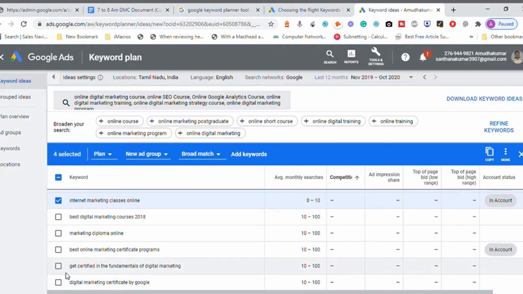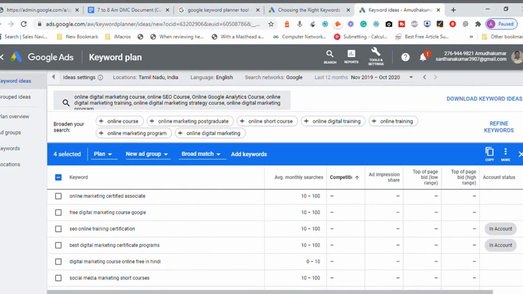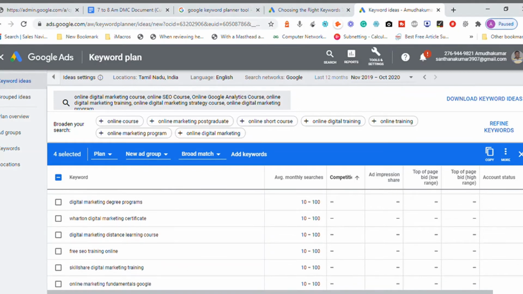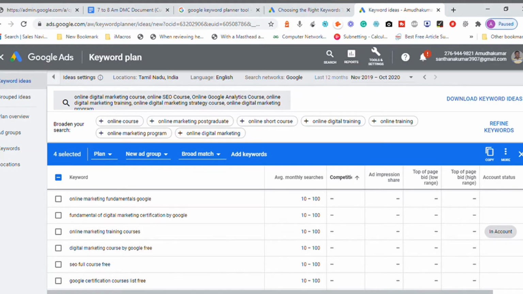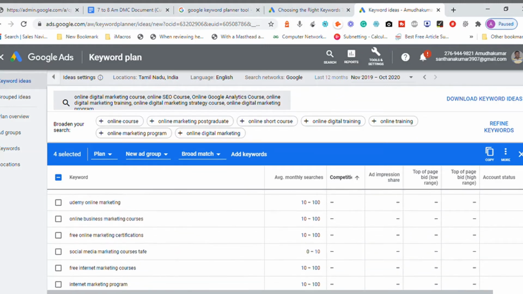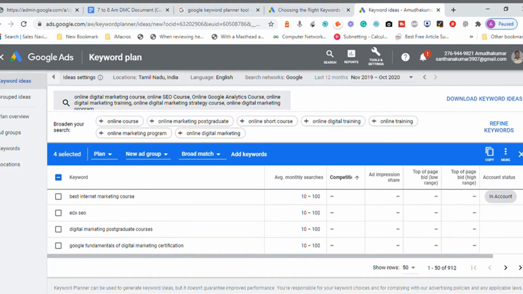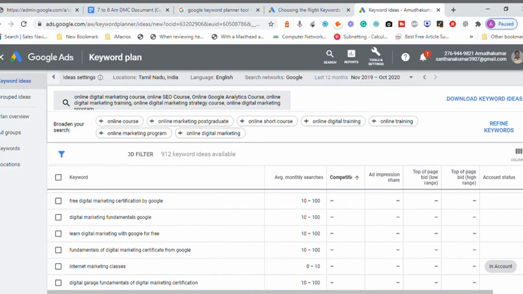All these keywords, whichever I feel, I can select. Best digital online marketing courses in Hindi, social media marketing courses, digital marketing distance learning courses. So that's lots of keywords. I will choose whichever keywords I want and I will target them. If I have a huge budget, I can target the highly competitive keywords.